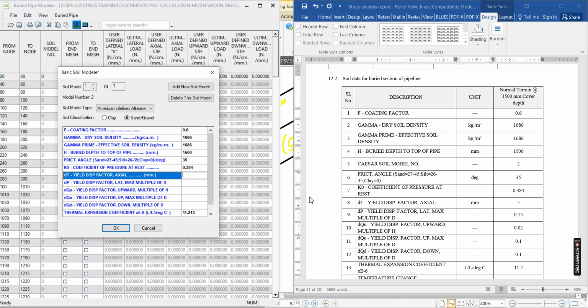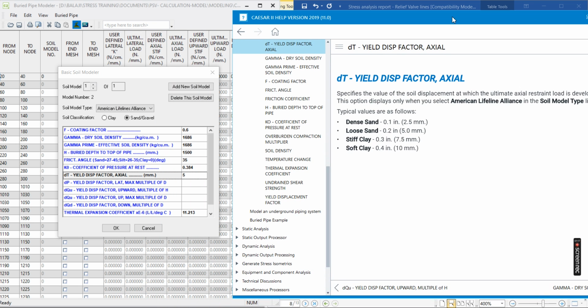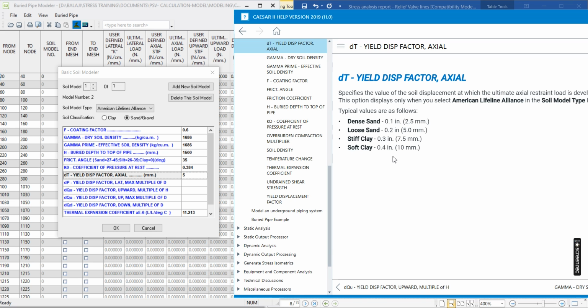And DT, it is mentioned as 5. So you go to help, you will get all the details. What is this? What is DT? Yield displacement factor. You see, yield displacement factor axial. So if it is 5, what is this one? 5 means loose sand. So all these values are for the soil properties, because a pipe will be